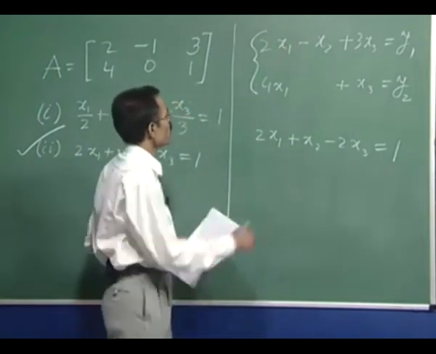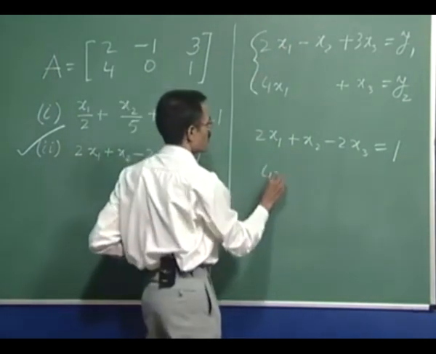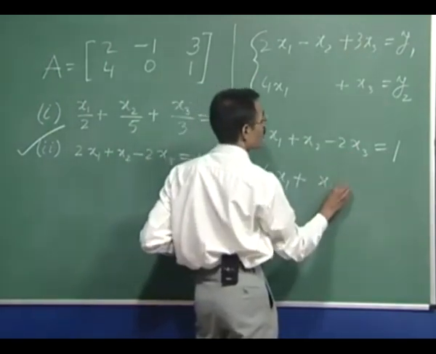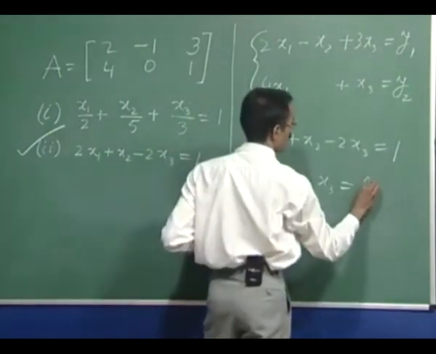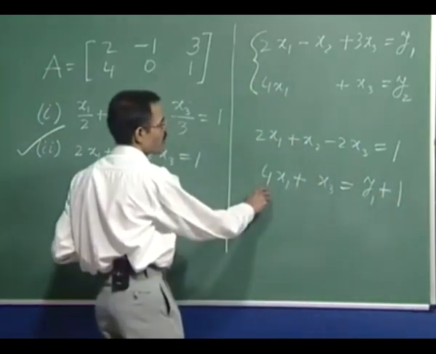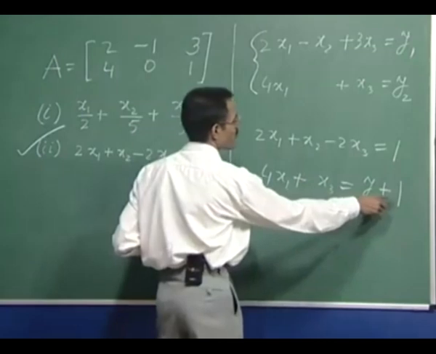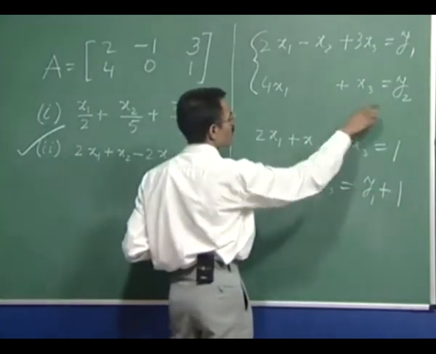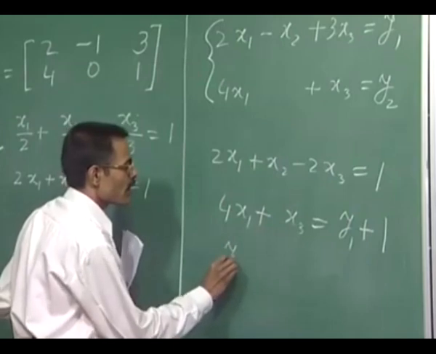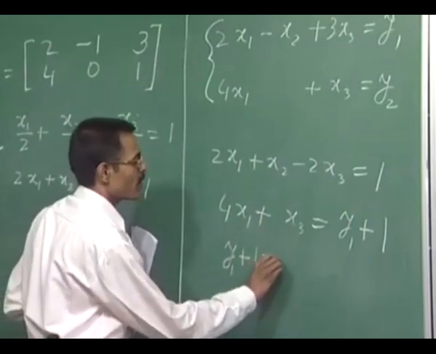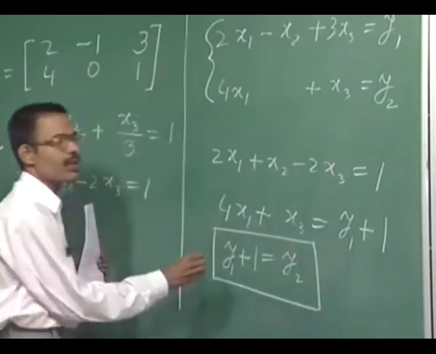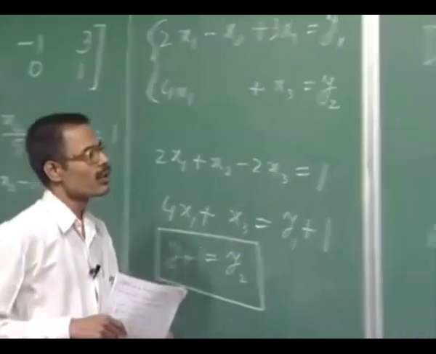As we do that, we find that 4x1 plus x3 is y1 plus 1, but the second equation here tells us that 4x1 plus x3 is actually y2. That means that y1 plus 1 equal to y2 gives us a special relationship between the coordinates which are on